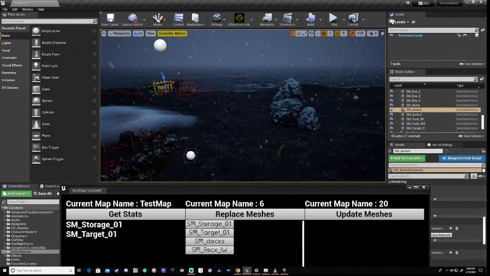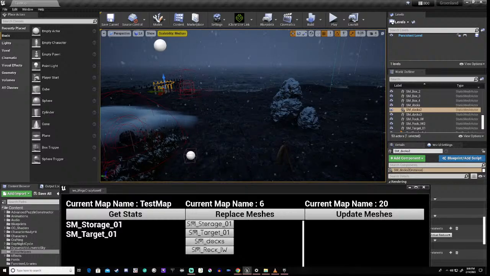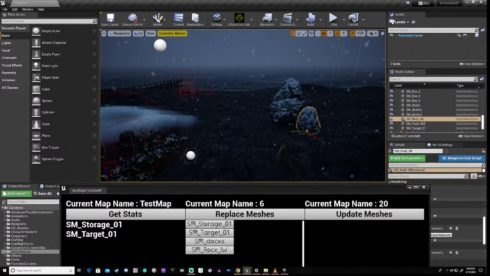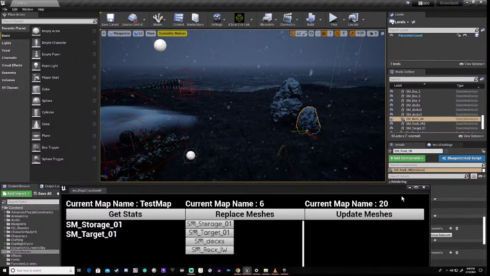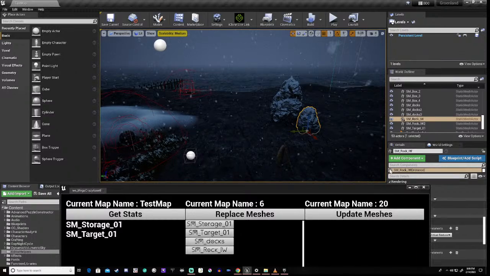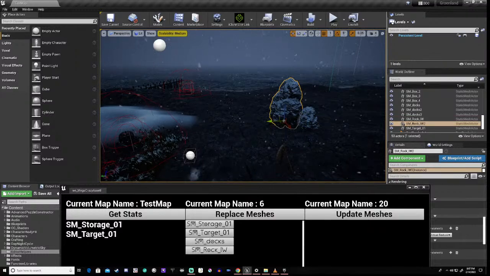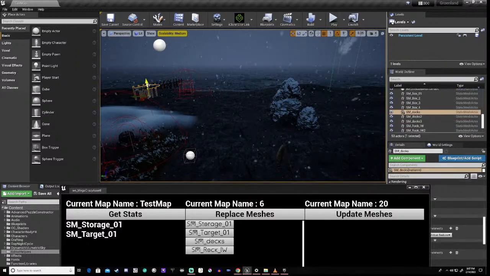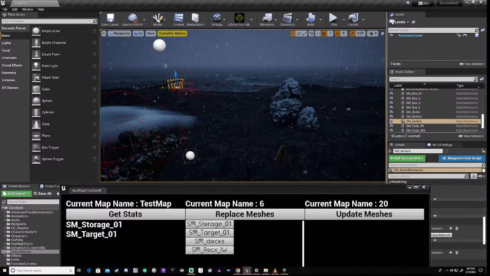Then you would have to come in here, find every single instance, then copy the position, the transform and the scale. So it'll be location, rotation, scale, and then replace it and then take it out. And the same for this one. Then the same for this dock, and then the same for that dock, and then the same for that dock, right?